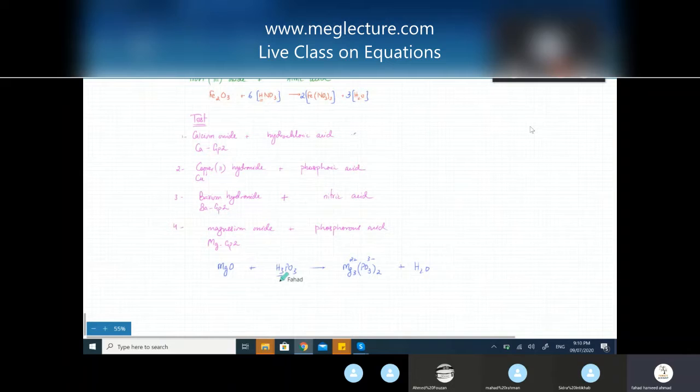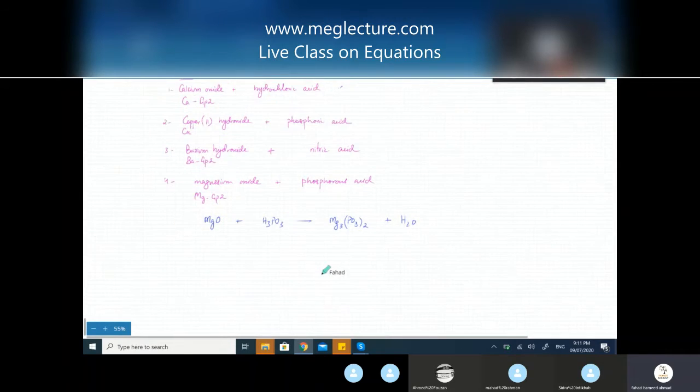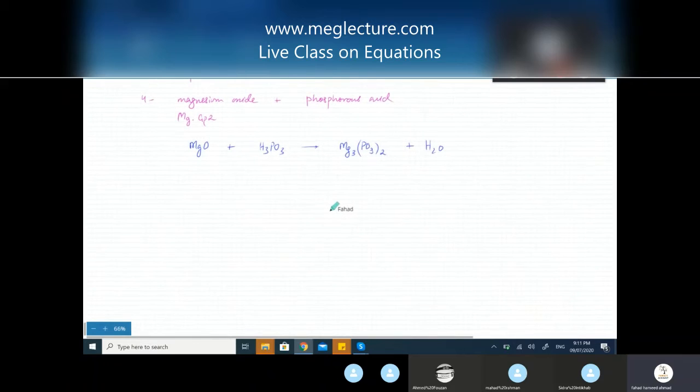And then you had to balance this. So you can balance this equation out, starting with the easiest first. I was looking at some of the balancings, and some of you were not actually starting with the easiest. You were starting with the most difficult. So always make it a habit to start with the one that appears in the least number of places.